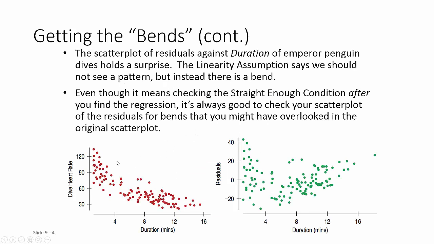So here's an example. We have dive heart rate versus duration, and then in green we have residuals versus duration. So when we look at the scatter plot with the red data points, it may seem that the straight enough condition has been met. The data appear to be fairly linear. But actually, when we look at the residual plot, some of the problems in the original data are almost magnified. So what we begin to see is that there is a little bit of a curvature, and we still have this issue where the prediction error actually is quite large at the beginning, but then actually shrinks as we move